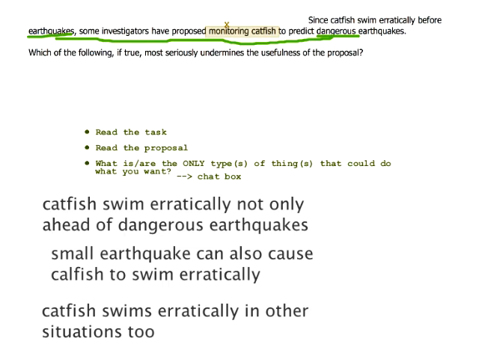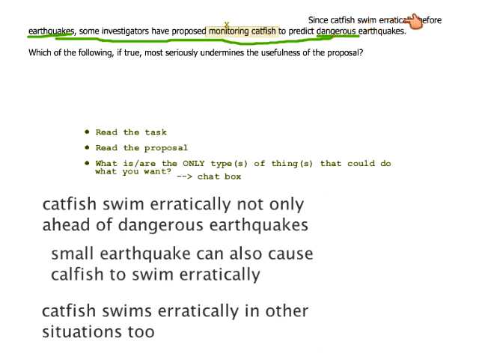Because again, they're not going to go the not X route. Okay, so they do swim erratically before earthquakes. This is a thing. It happens. That's a fact. So you're not going to dispute that. And then also, if the proposal is to monitor catfish, then we know that monitoring catfish is a thing that we can do, because they're not going to propose X if X is not possible. But